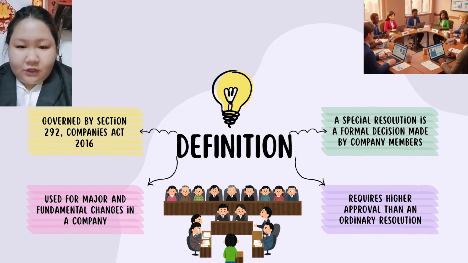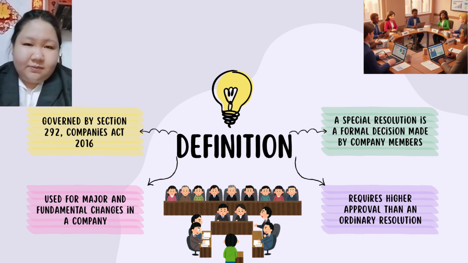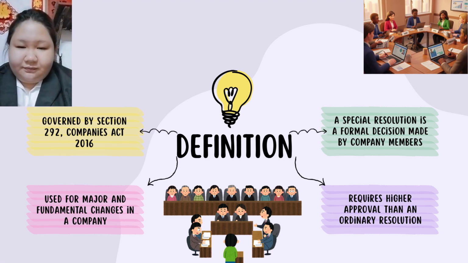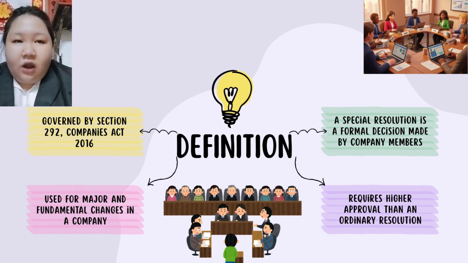For my part, I will explain the definition of special resolution. A special resolution is a decision made by the shareholders of a company. Why is it called special? Because it is used for important and serious matters, not normal daily decisions. This type of resolution must be formal and follow legal rules, and it is binding on everyone. Once it is passed, everyone must follow it. It is under Section 292 of the Company Act